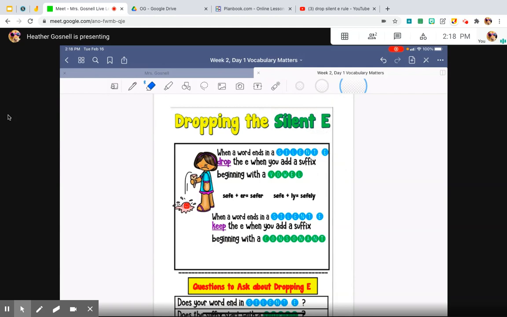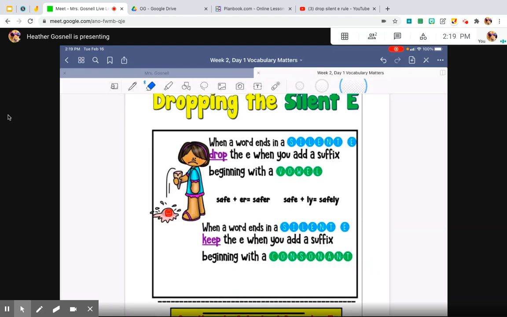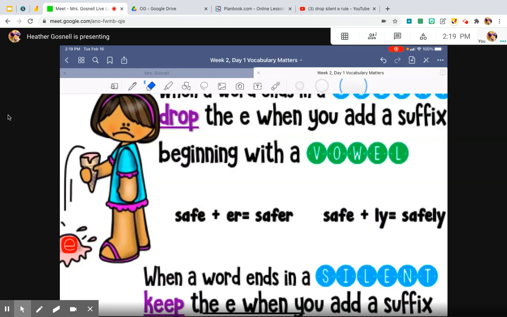Some examples of vowel suffixes: ing, ed, est, and so forth. Those are all examples. Oh, let's not forget er, that's a common one. These are all examples of vowel suffixes because they begin with a vowel. They begin with a vowel. Those are vowel suffixes. When we are adding a vowel suffix, like in this case, the word safe, when we